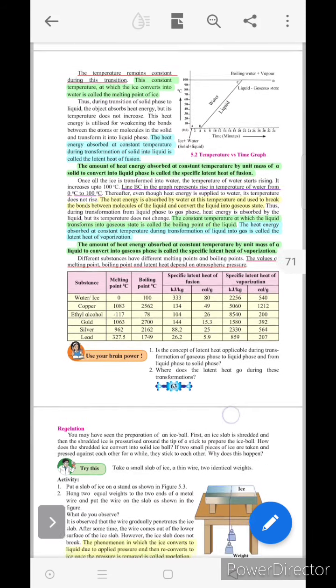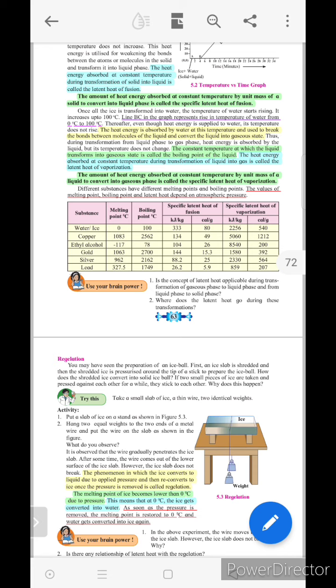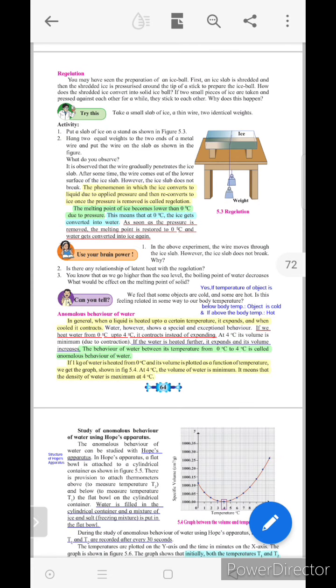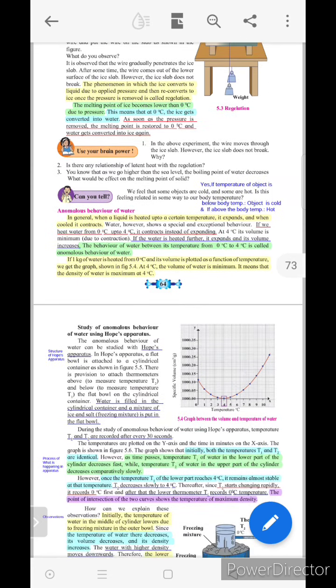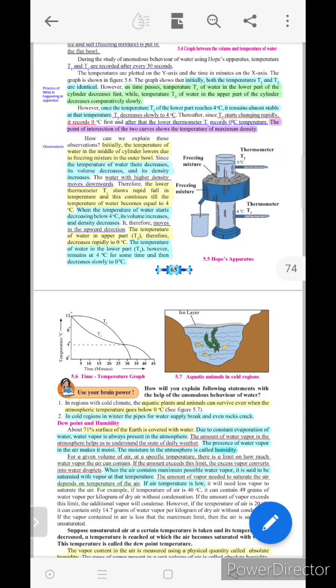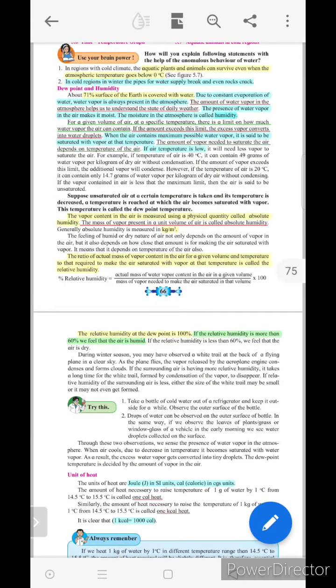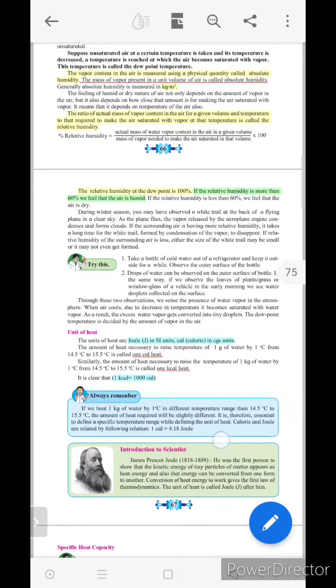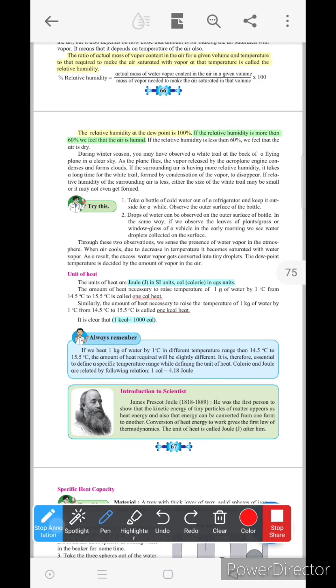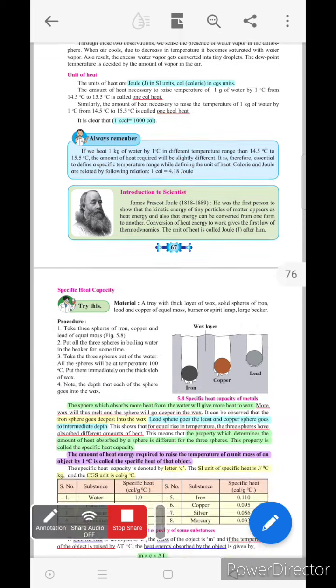On page number 63 there is no reduction. Page number 64 also no reduction. 65 also no reduction. 66 also there is no reduction. 67, page number 67, again there is a topic called introduction to scientist, and that topic is removed from your syllabus for year 2020 and 21. So we will move on to the next page, page number